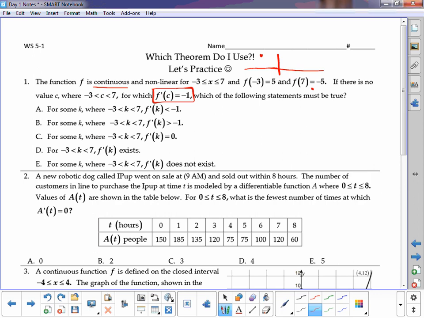Now, intermediate value theorem is asking for values within the endpoint values. And if I look, my answer choices are all talking about the derivative. It's not talking about my original function. So that's probably going to give us an idea not to use IVT. Now, mean value theorem, we know we have to have continuity and differentiability. Mean value theorem, I must have continuous on the closed, and I must have differentiable on the open. And then I can say that my instantaneous equals